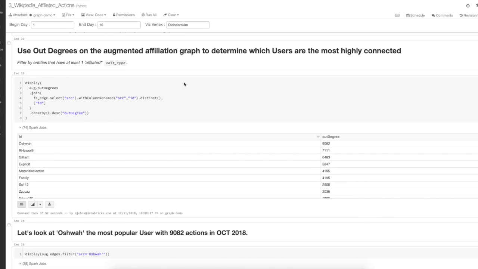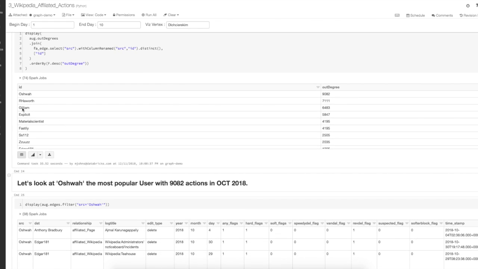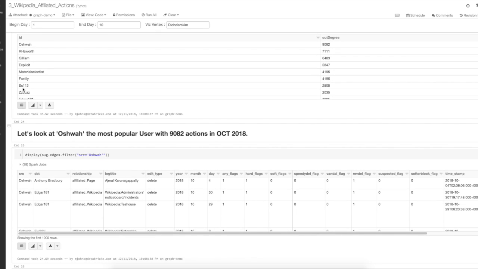We can do the out degrees. We can figure out which users are the most highly connected. So just using the graph frames algorithms, we use out degrees, and we can see that Oshawa is the most active with 9,000 plus activities, and then so on. And these are probably, when you get into certain levels of activity, these are probably curators of some sort at Wikipedia, which over time we could get more familiar with and understand, without even seeing an org chart or a who does what, we could actually understand roles by graphing and analyzing the types of contributions that different